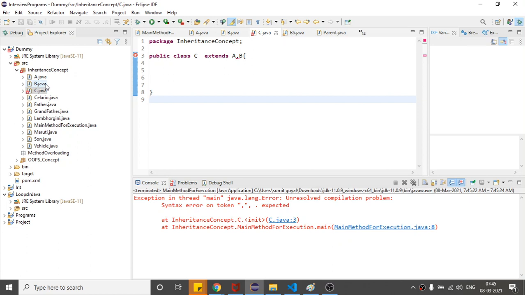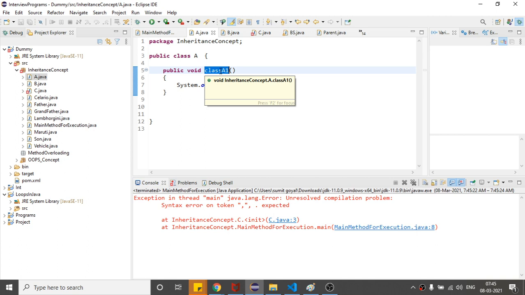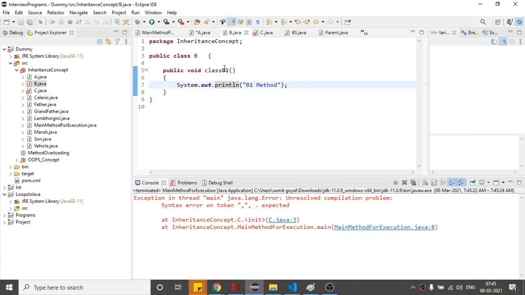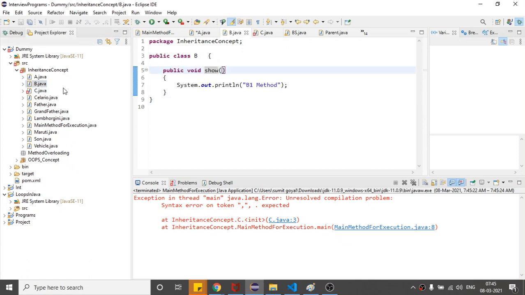which means basically class C is confused about which method I should call if I need to call it with the object, whether it is the class B1 method or the class A method, right? Here the method names are different, so I mean to say that if I declare the method name as similar, show here, right? So here this is definitely going to confuse, because two methods are having the same name. So when these two methods come into the class C, it will confuse which method I should call.